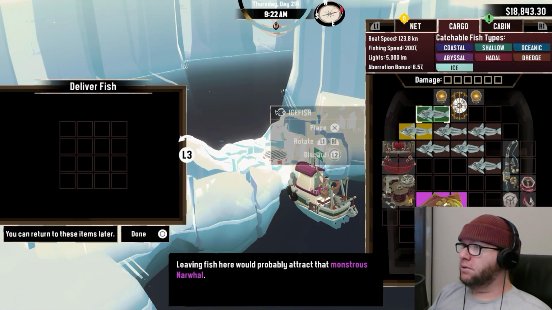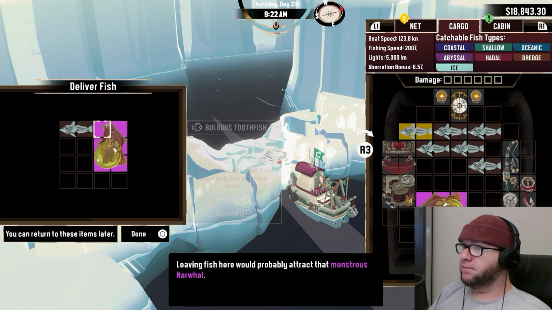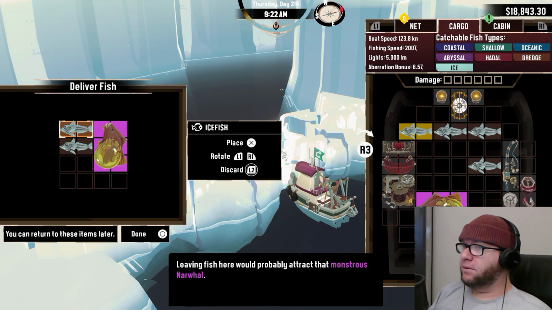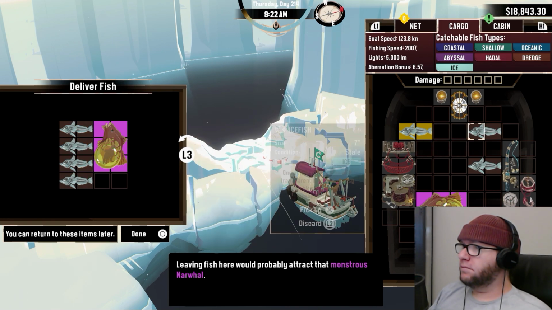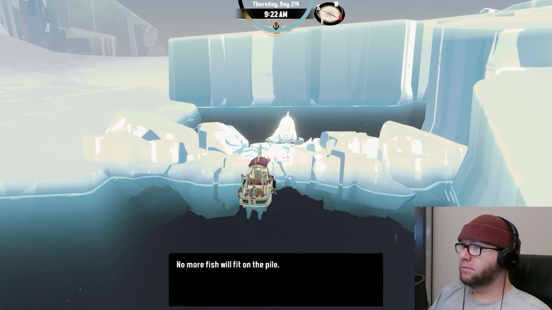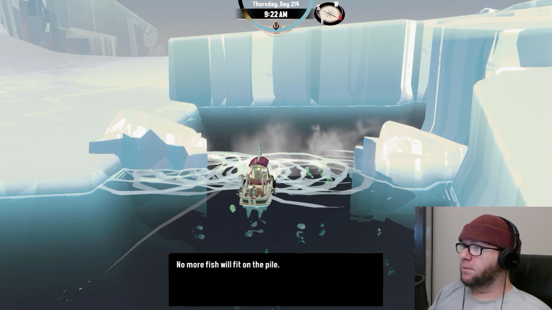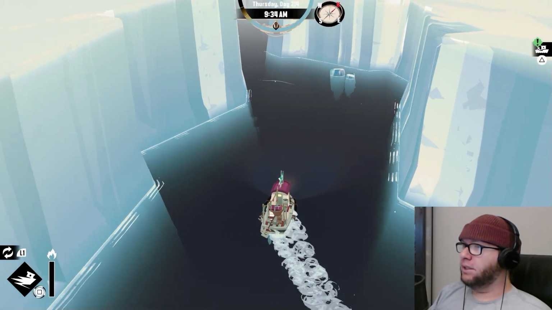Okay, so... Boom. I guess I'll sell the smaller one. Or store the smaller one. That's a waste, but oh well. No more fish. Narwhal. Okay, thank you. Let's try to do this quickly and then head back and talk to...